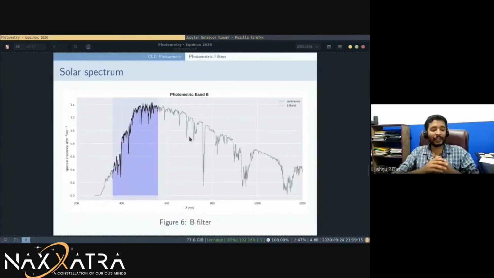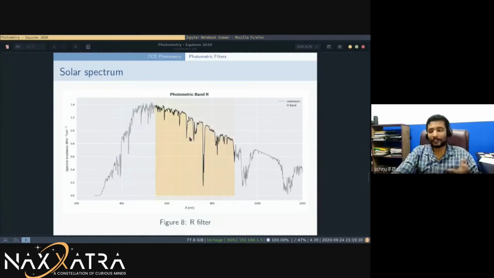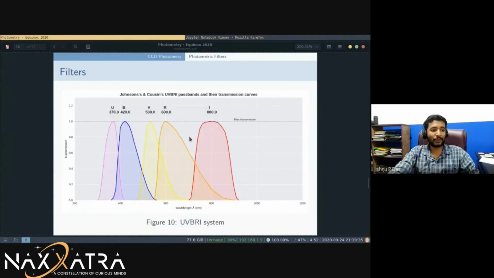The other thing is, okay, so there are blue filters. Blue is a much broader filter. There are many conventions, lots of systems. We are sticking to something called the Johnson and Cousins system. It has UBVRI. And then there is visible, that's also a broadband filter. There is R, that's red, and infrared. And this is what the spectral response curves, or transmission curves, of each of these filters look like. Not really important, but let's see what they do.